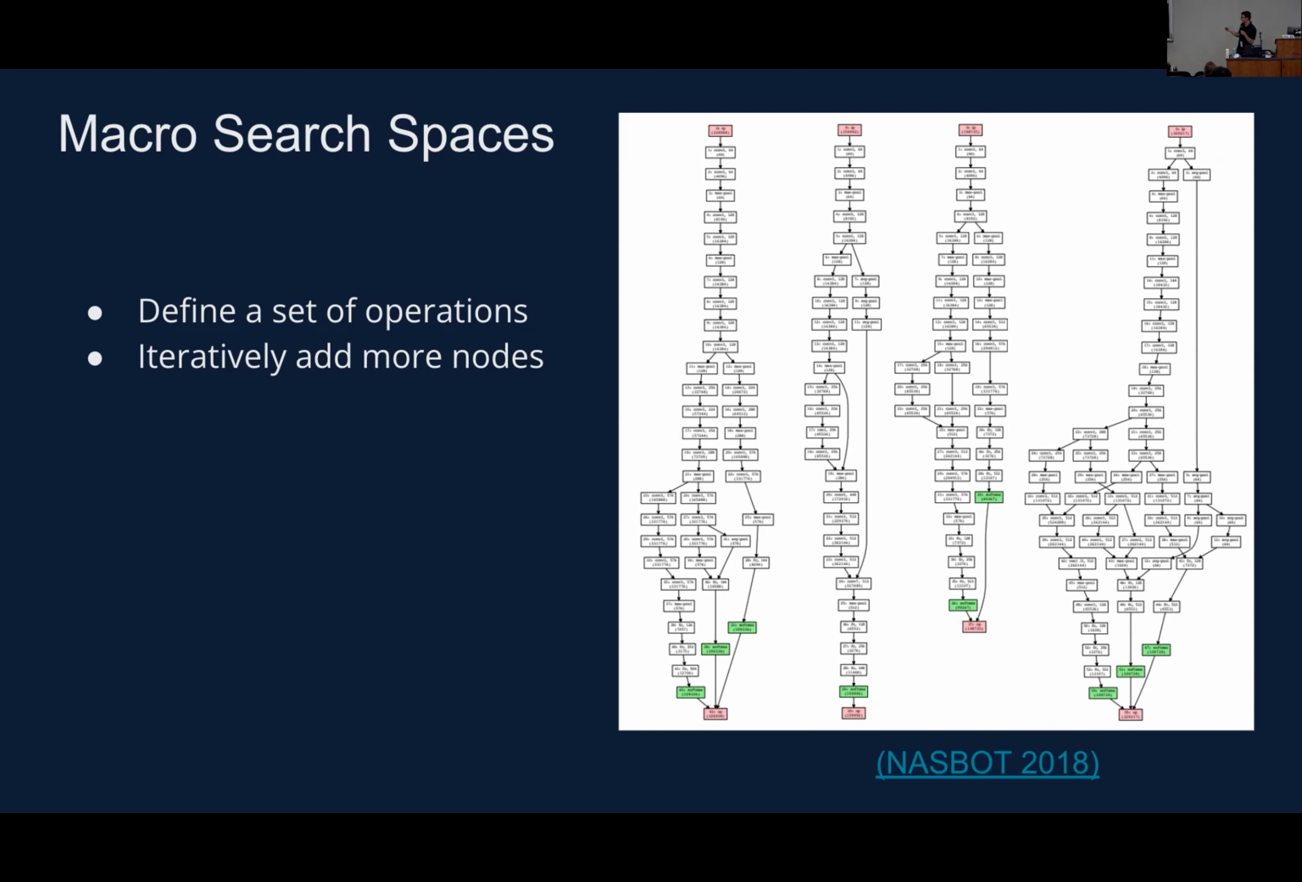The image on the right is architectures found by NASBot. Sometimes a chain structured architecture worked the best for some data sets, and sometimes a more complex directed graph worked better. Okay, so these were the first types of search spaces that people used in the resurgence of NAS. And then next,